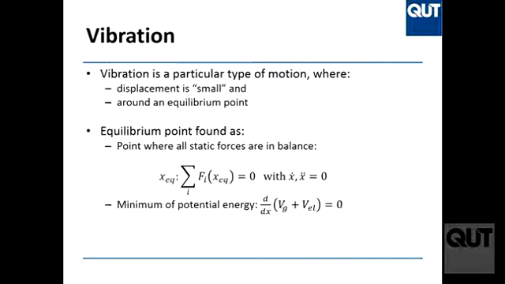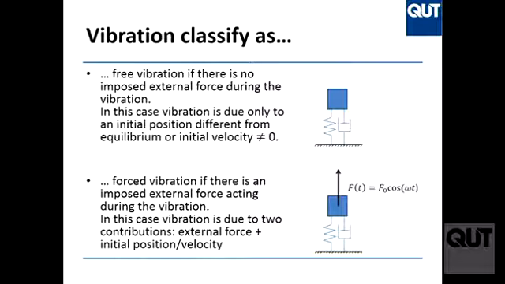And the easiest way to find it is actually this. To find the equilibrium position, I need to find the position in which all the static forces, all the forces that are constant, like gravity and everything there, are in balance. In this case, I have gravity and the spring acting on this body. So gravity and the spring must apply equivalent moments to this system, to stay there. We'll see a simple case here.